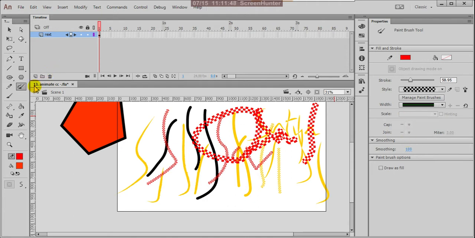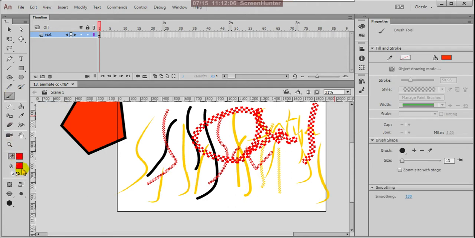Then the other brush: it is the normal brush tool and this is the paint brush tool. Here I use the brush tool.